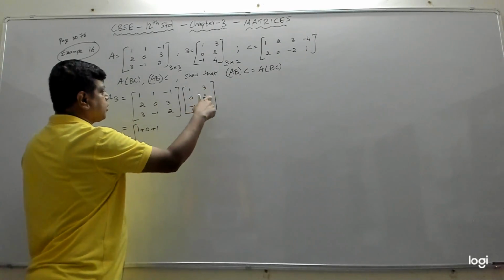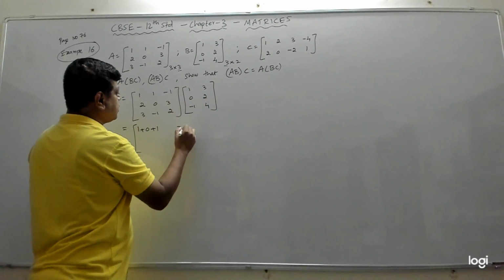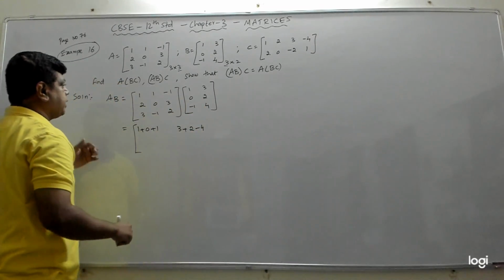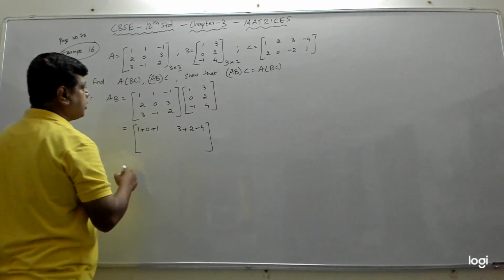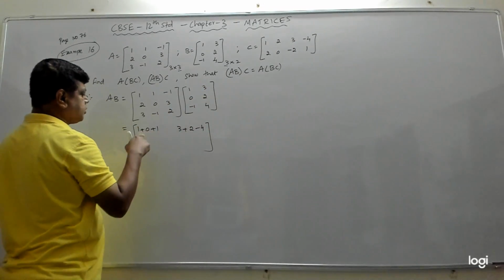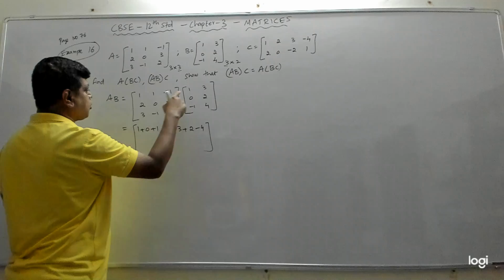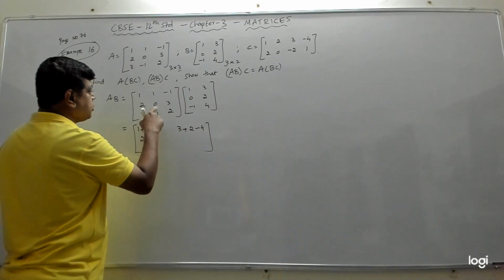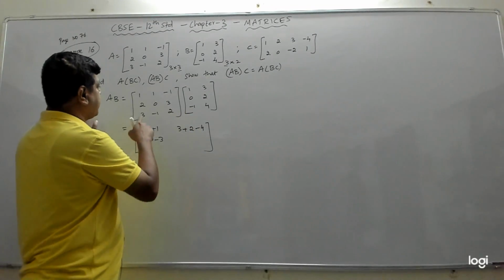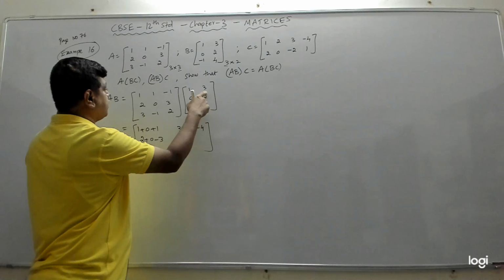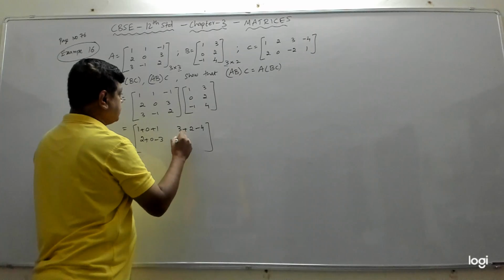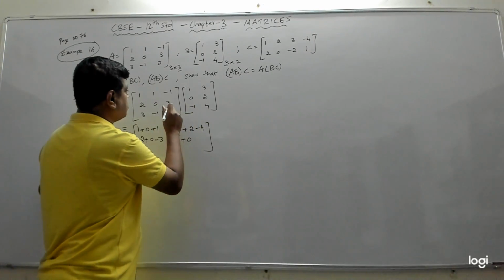Then first row with the second column: 1 into 3 is 3, plus 1 into 2 is 2, plus minus 1 into 4 is minus 4. So first row with first column and first row with second column are over. We go to the second row. Second row with the first column: 2 into 1 is 2, plus 0 into 0 is 0, plus 3 into minus 1 is minus 3. Second row with the second column: 2 into 3 is 6, plus 0 into 2 is 0, plus 3 into 4 is